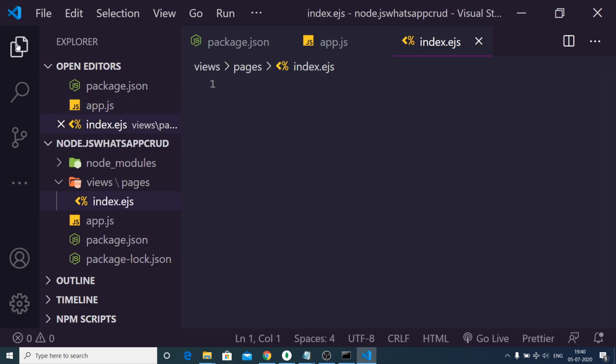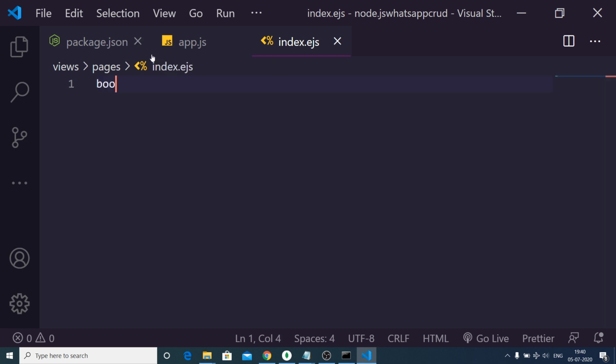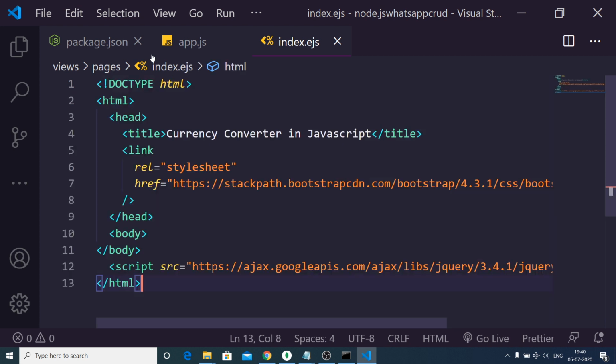EJS is a template engine. So here we will be making a simple boilerplate code. I have included the Bootstrap CDN for CSS and the jQuery CDN.